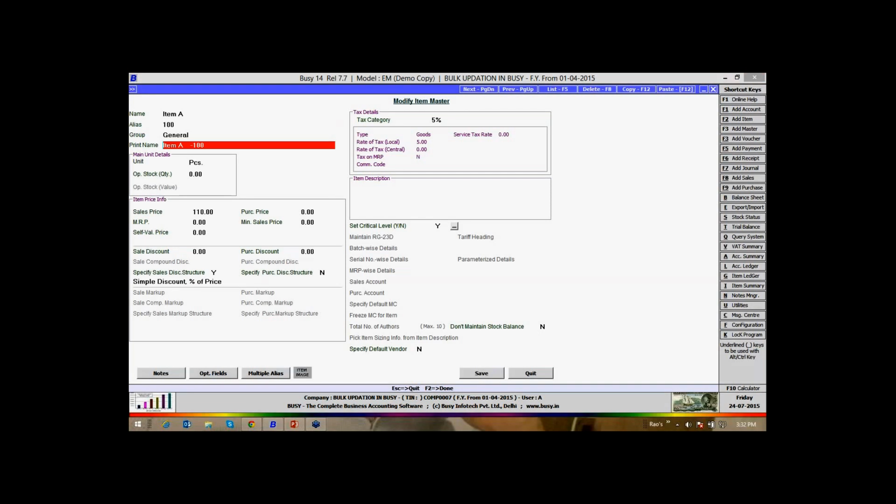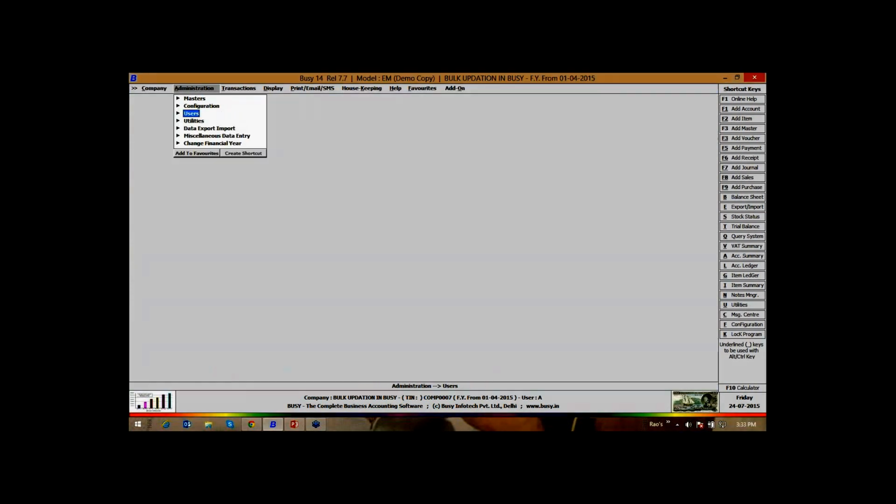It is updating here. But if you want to do it in bulk, you cannot press enter on each and every item. How is it doing this here when we are pressing enter? Have you seen that? I have changed it, but it's not here. If I press enter, then only it will come. If you have more than 1000 items, it's not possible for you to press enter on each and every item. It only works in modifying mode. How to do it in bulk?